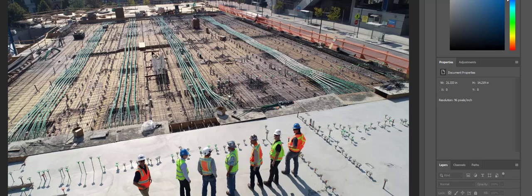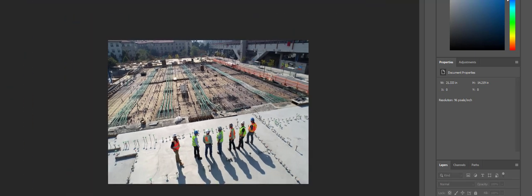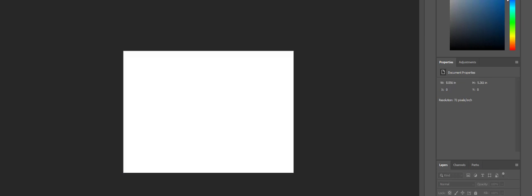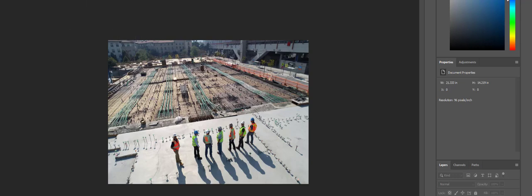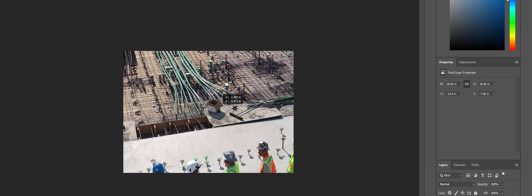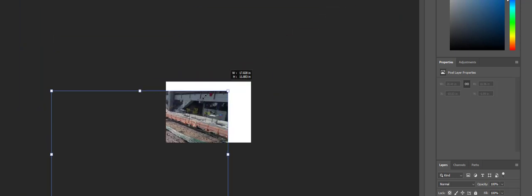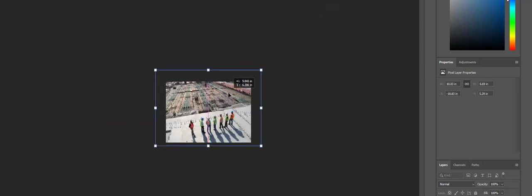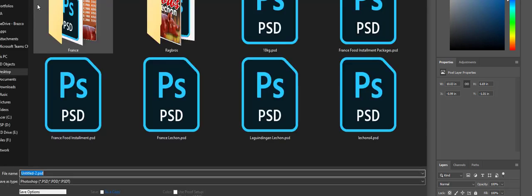This image is way bigger than the display dimension of your website. So what we're going to do is just drag this one, and then Control T to make it smaller. Okay, so let's try to save this.